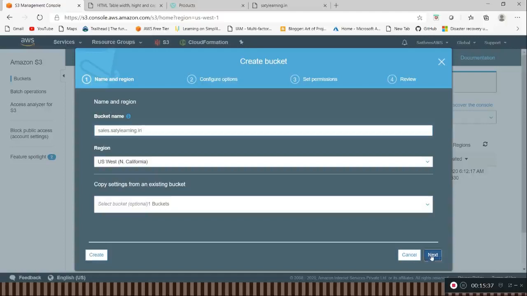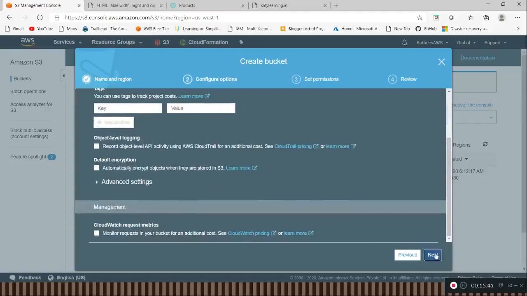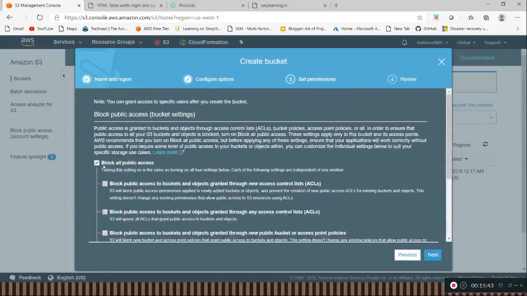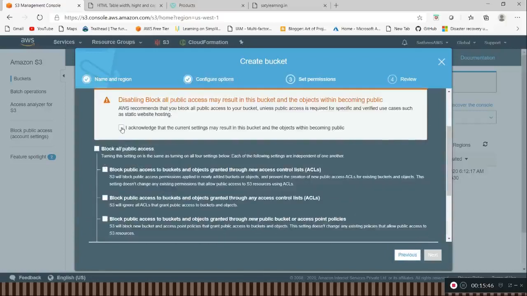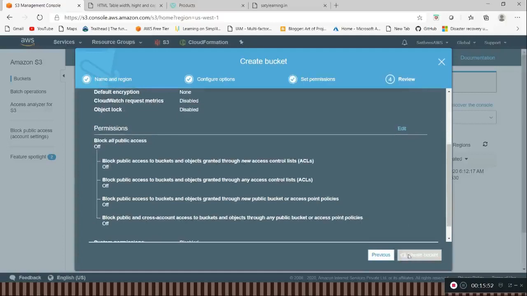So this is the subdomain I am creating. Click on next, provide public access and acknowledge that this is publicly accessible, and create a bucket.